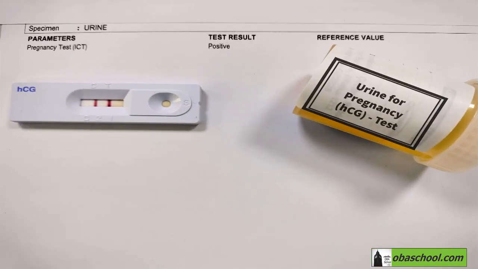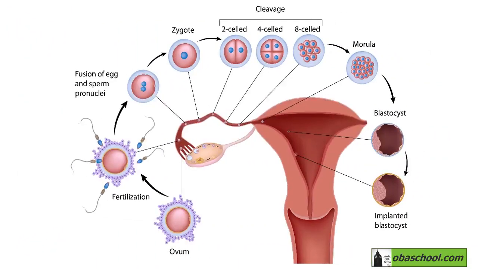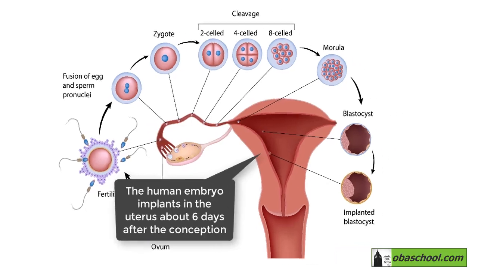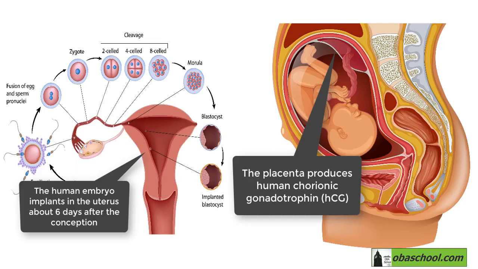The first important medical test that relies on urine is the pregnancy test. A woman can know if she's pregnant or not from her urine sample. First of all, it is important to know that the human embryo implants in the uterus around 6 days after the conception. The site of the developing placenta then begins to produce a chemical called human chorionic gonadotropin, shortcut for